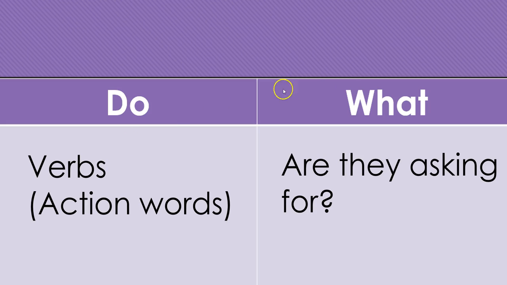When you get your writing prompt, this is a strategy to help you take it apart and unpack it. It's called the do what strategy. So what you do is you identify the verbs, you find the verbs in the writing prompt, the action words, and then you figure out what they're asking for, what the people who have written the